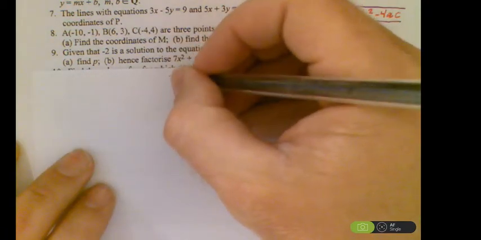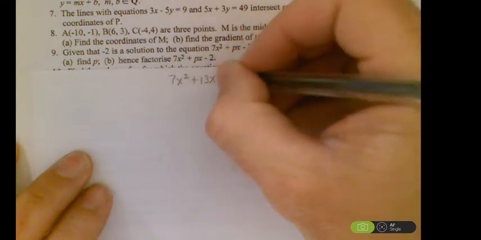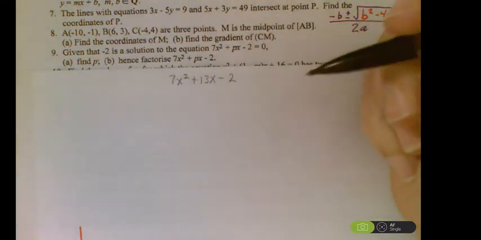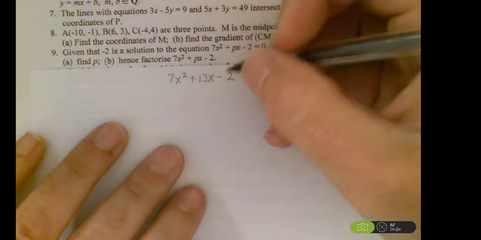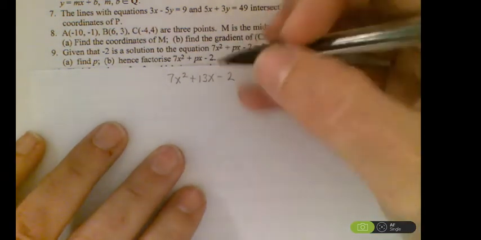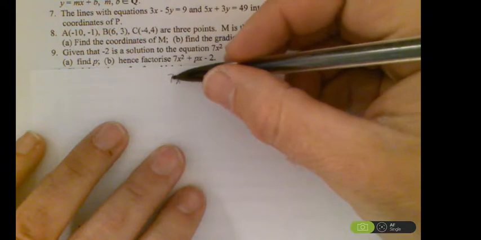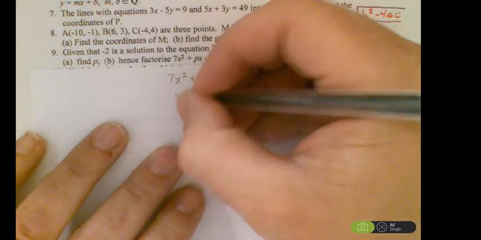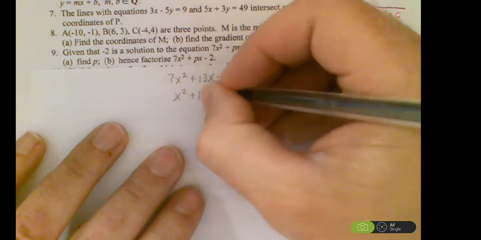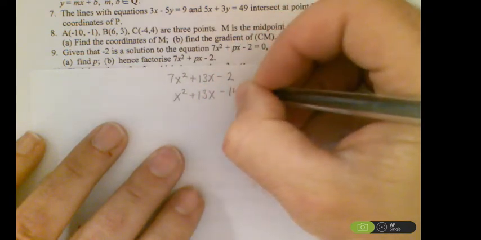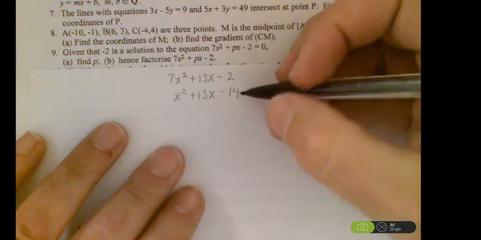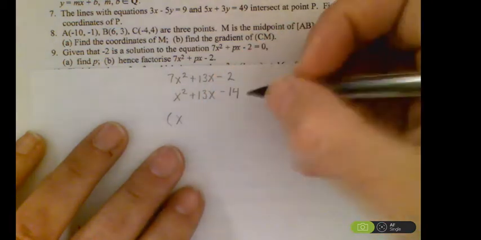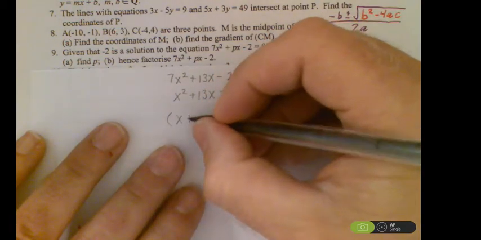So looking at the function 7x squared plus 13x minus 2. As far as factoring, you can use any method that you want. I'll show you the method I like, but you do whatever works for you. I know a lot of people use a guess and check method. The way I learned it was I'm going to take the 7 and multiply it over to the -2. Now I go back to the old method of saying what multiplies to be -14 but would add to be 13. That would tell me that my factors are x plus 14